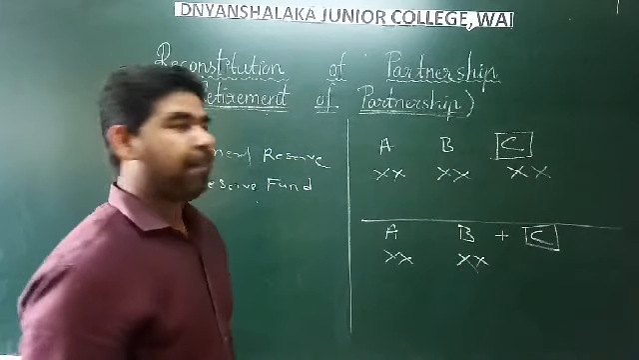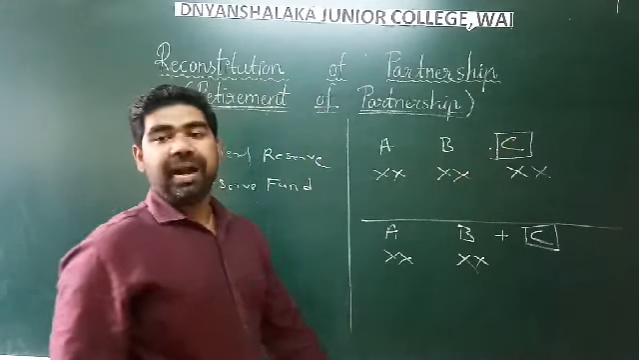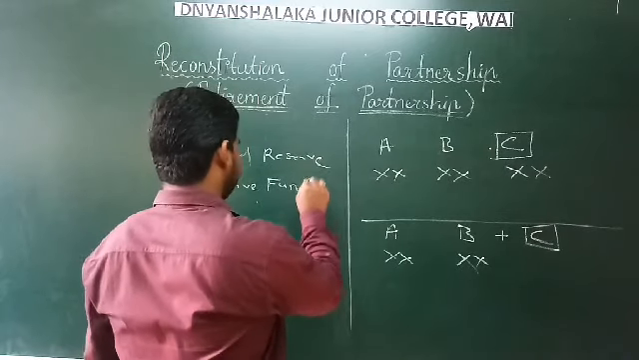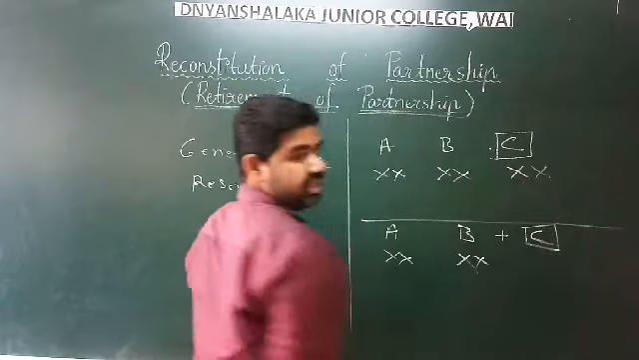Okay, but now what happens in the case of retirement? A, B and C, all three partners are existing partners, so that's why we have to distribute general reserve or reserve fund, all this amount, to these three partners. Okay,